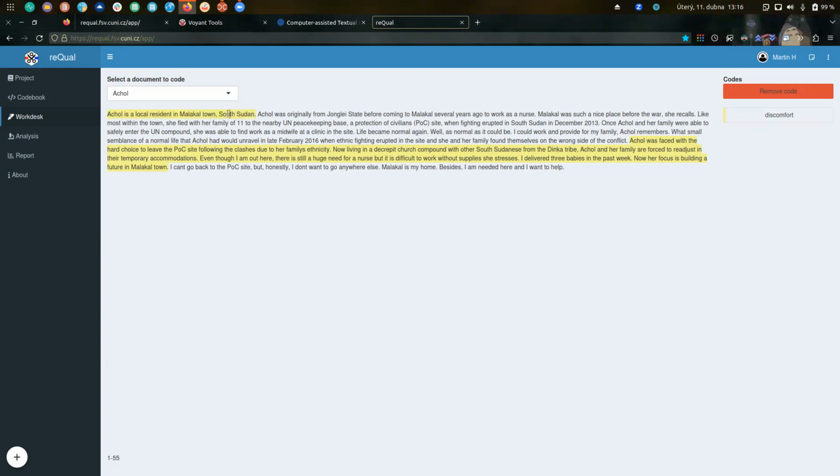So this is how to code. I can remove code, but now I'm showing how to code with that. There are multiple coders that coded the same text differently, and how do we solve this problem of coder disagreement? So one coder, it's me here, coded just this segment of the passage that we analyzed